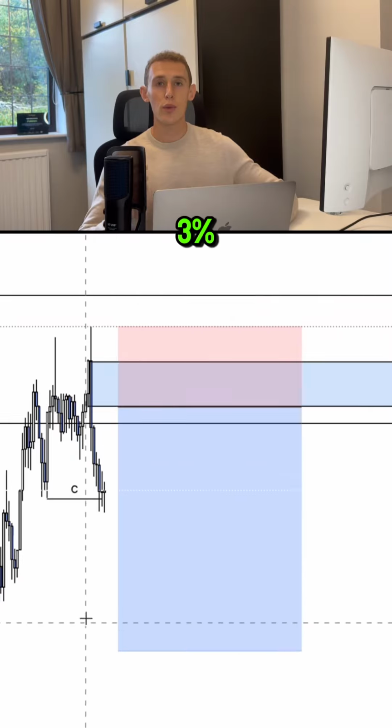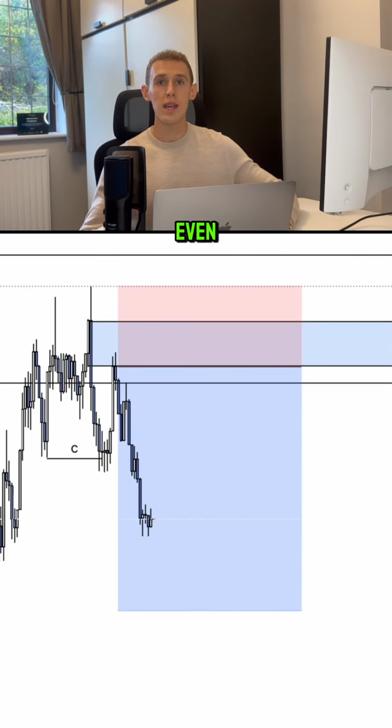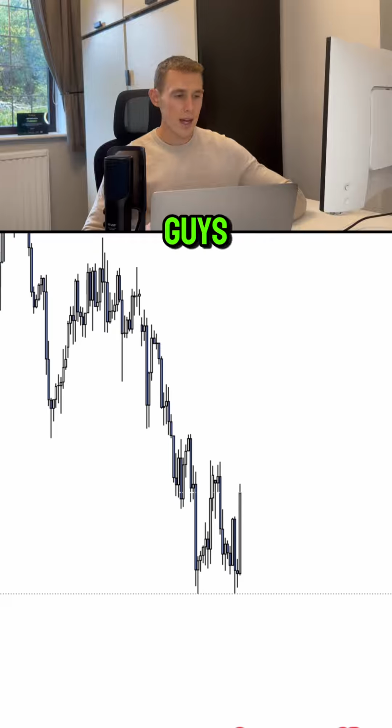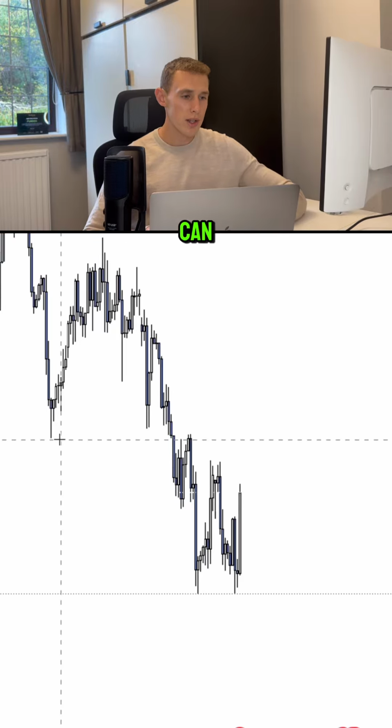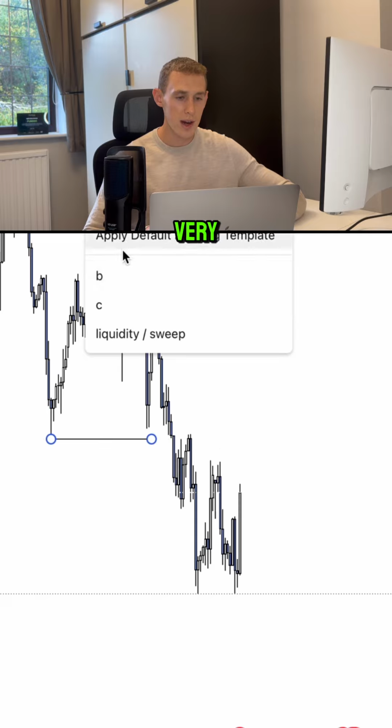Here is how you could have made 3% selling euro dollar, even though price went up. Alright guys, so as always, we're going to start off on higher time frame. Here we're over on the 4-hour chart, and you can see that overall price was presenting this very clear and